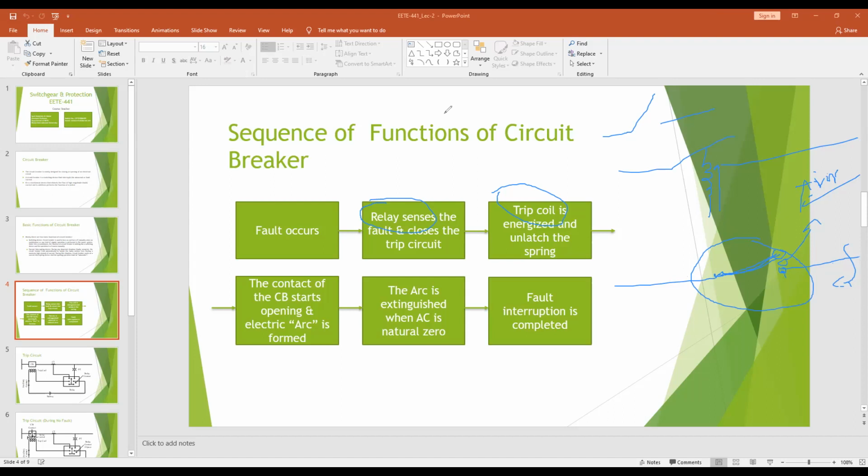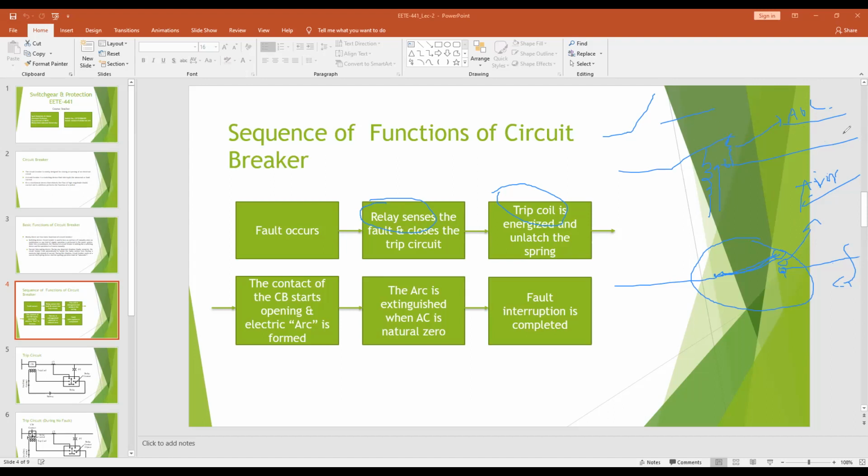Guys, are you getting this? Yes, sir. So, what will happen then? Rather than an insulating material, the air will work as a conducting material, and the fault current will flow through this path through the air to these portions. This is called electric arc. Whenever a current flows through ionized air, we can visualize this, and it is known as an arc. So the arc produced here is nothing but a form of fault current. Until the arc continues to flow here, you cannot say that you have successfully prevented the flow of the fault current.